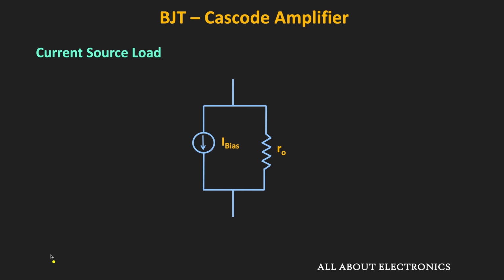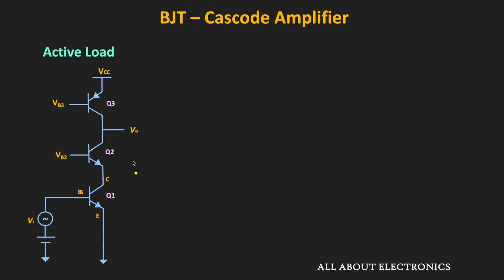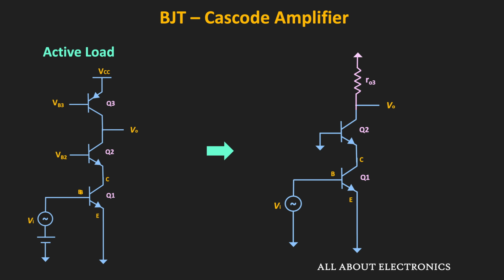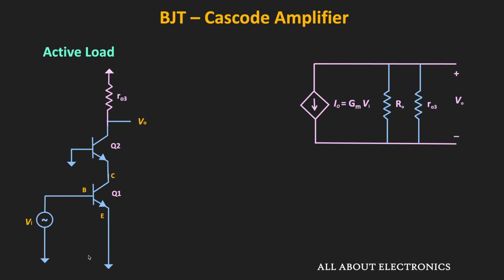So due to that, the actual voltage gain will always be lesser. For example, if we use a PNP transistor as the current source, then let's say its output impedance is equal to R03. In that case, this voltage gain will be equal to minus Gm times this R0 parallel R03. Or if we just consider the magnitude, then that is equal to Gm times R0 parallel